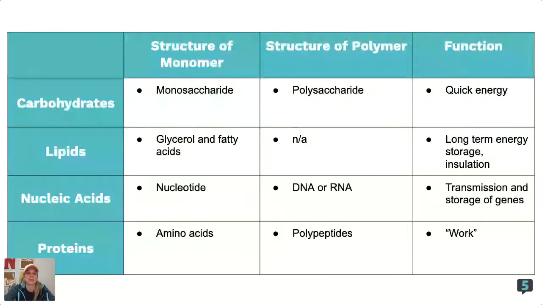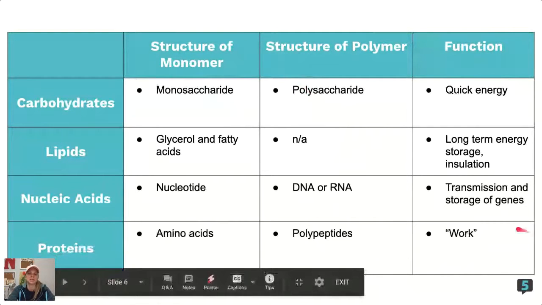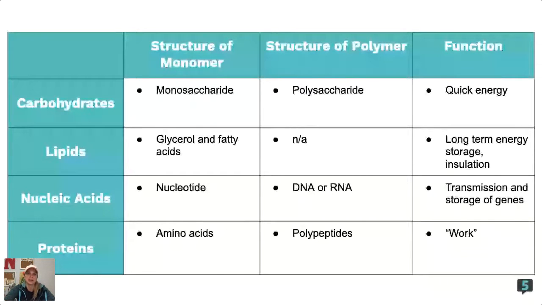So carbohydrates are made of monosaccharides, polysaccharides, glycerol and fatty acids, nucleotides. Again, I'm not so worried about the other 3 for this particular stream. I'm more worried about proteins. So we know that proteins are made of amino acids. You string them together, you get a polypeptide. Their function is work. They can do all sorts of stuff. They can be for structure, like building the walls of a cell. They can be for reactions, like we're going to see in a moment with catalysis. They can be for signaling. I mean, protein does all the cool stuff, basically.